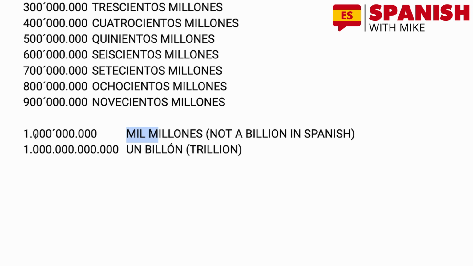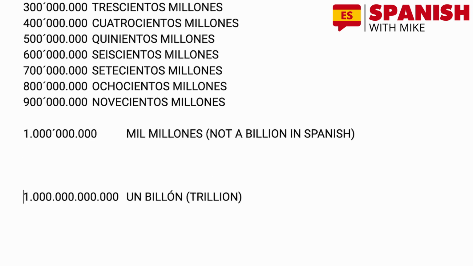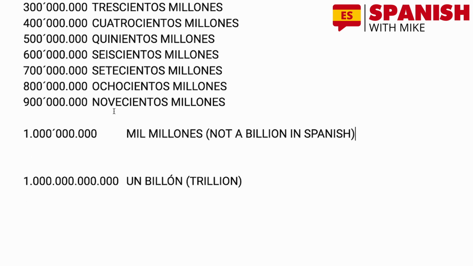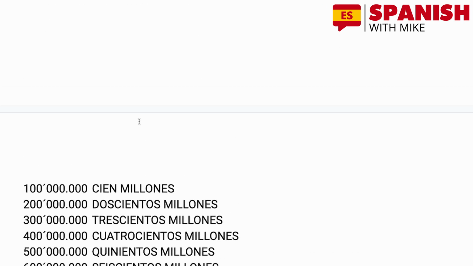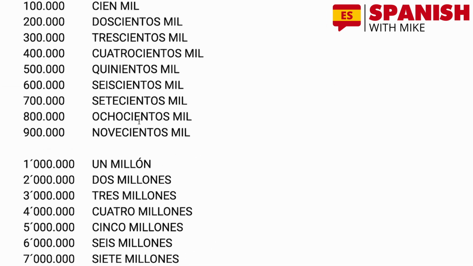6,000 million, let's write that here real quick. I'm mixing up numbers. 7,000 million, which would be 7 billion in English. But the billion in English is not the billion in Spanish. For us, it's 1,000 millones, 2,000 millones, 3,000 millones, 4,000 millones, meaning we're going to use